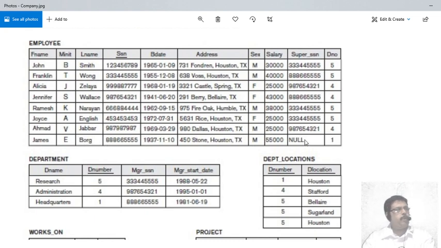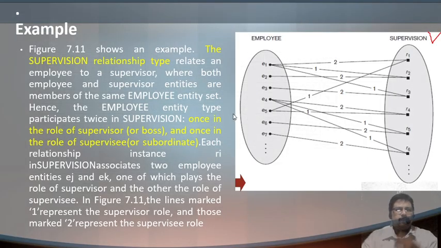For him there is no supervisor, null. Correct? Means he is the head. Franklin Wang is supervised by James Borg, and Franklin Wang supervises John Smith. So if you look into this, here supervision has a different relationship.